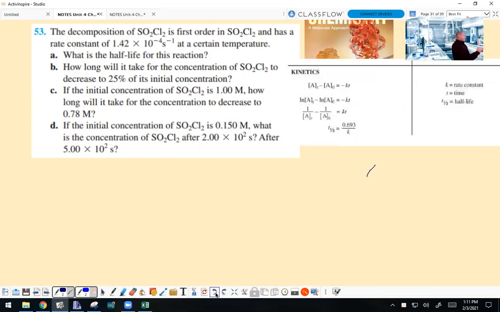I don't like using that font. Again, there we go. Rate equals K times SO2Cl2. It says it is first order with respect to it, to the first. K is equal to,